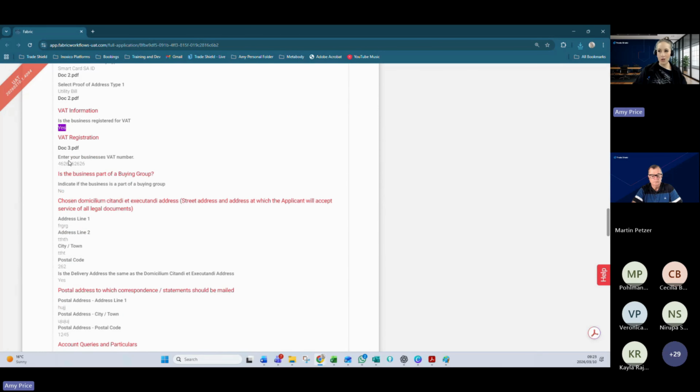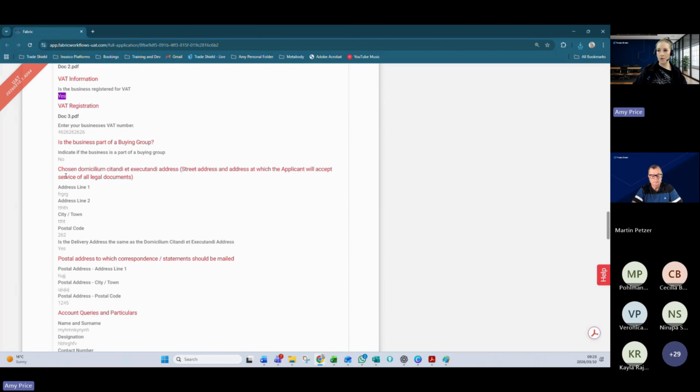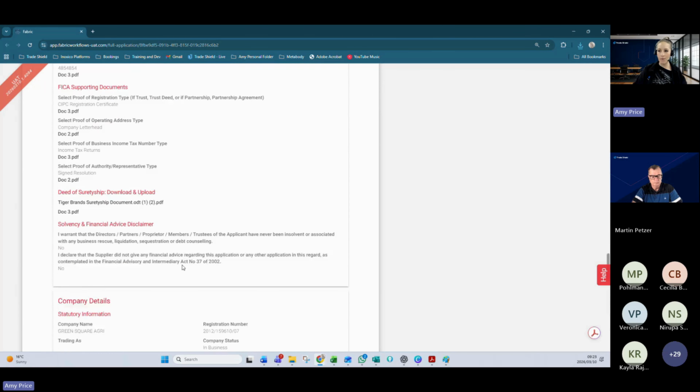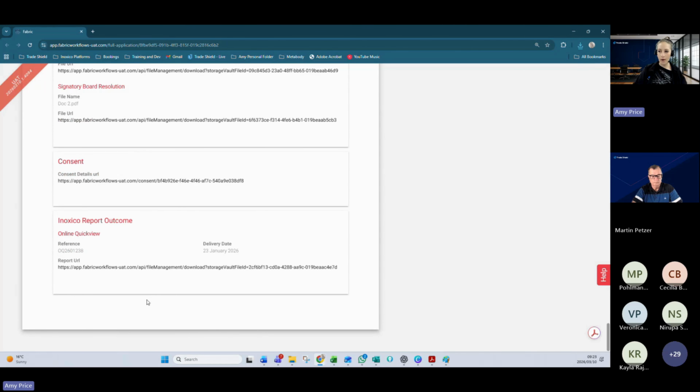So I'm going to want to check this information. Is this part of a buying group? Yes or no? Okay, this is their registered address. Now, what am I going to want to do with this registered address? I'm going to want to open up the credit report right at the bottom, okay? And I'm going to want to check that and say, does this registered address match the one that they've given